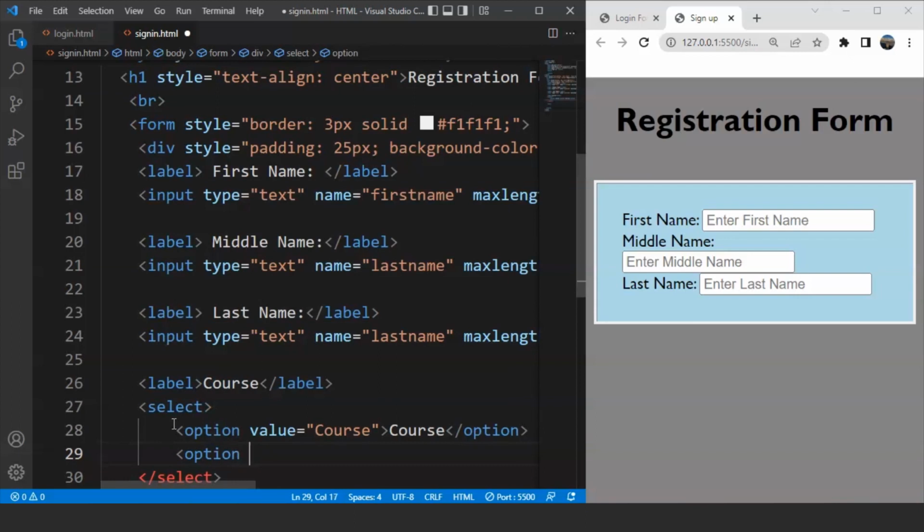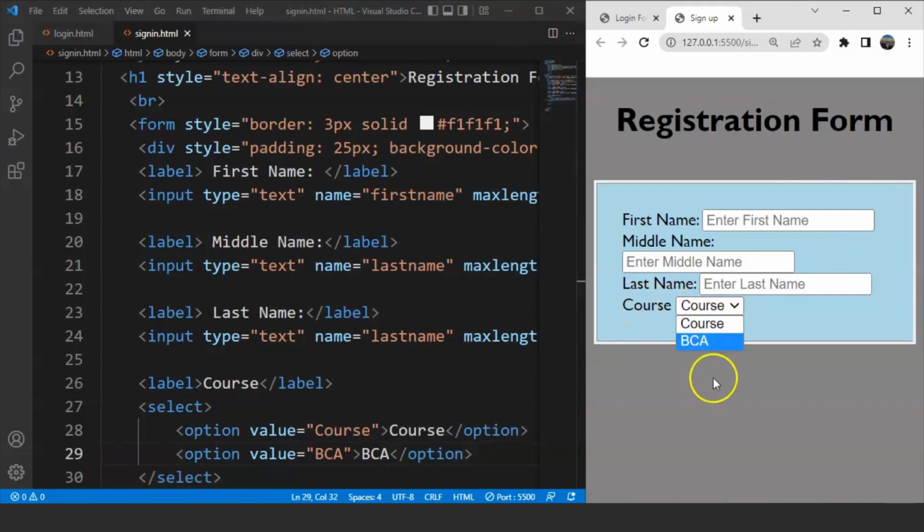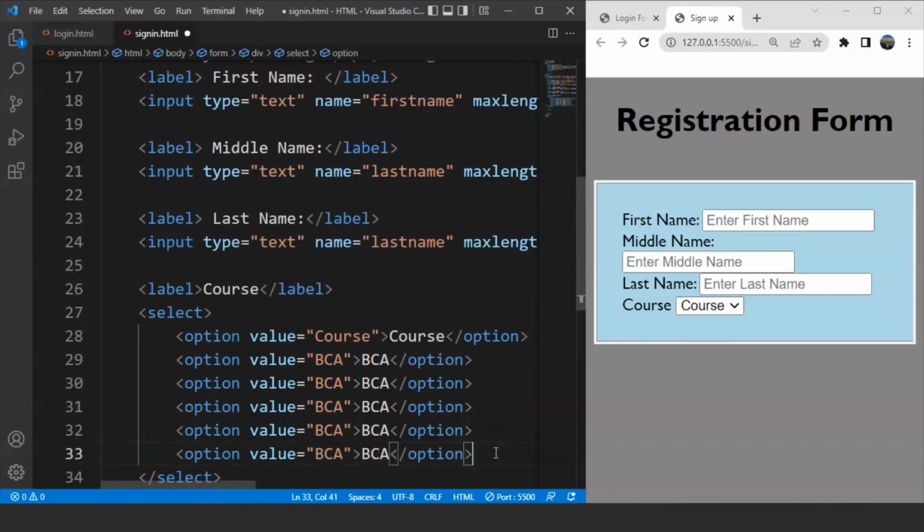and then we'll write here value is going to be BCA. Then we have to write here BCA. Save it now, and here you can see we have course over here. So here you can see till now it has 2 values. Let's add some more options over here. We'll add, let's say 3-4 more options. We'll write here BBA instead of BCA for this. Then we have, let's say